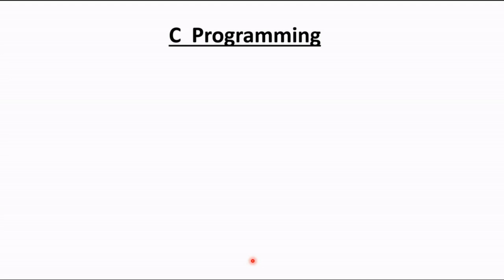So in the previous video we discussed the user defined function in C. How to define a user defined function, how to call that function from the main function, how I can send a value, that means a variable value, to a function, and how we can also return some value from the function to the main function. We also declared the prototype of that function after the header file inclusion. So we have discussed all of that in the previous video.